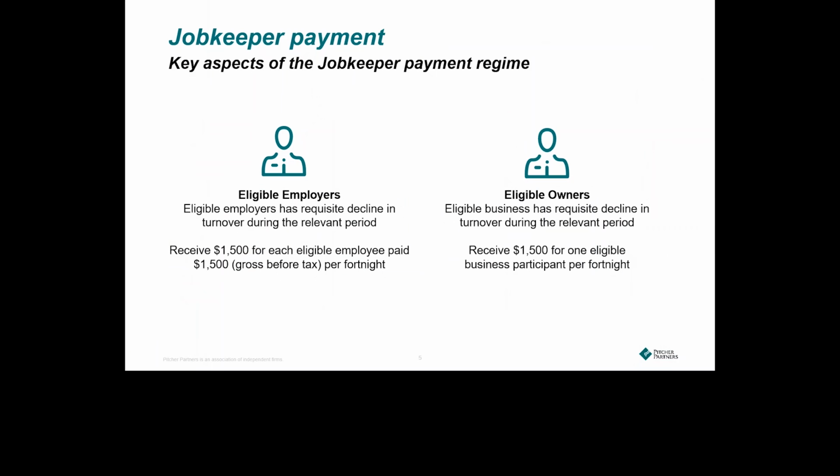Before talking about the alternative tests, I just want to recap very briefly about the JobKeeper regime and give some perspective on today's presentation. This is our third presentation in a series we've done on JobKeeper, and the first and the second were around what we call the basic test of the regime. I believe everyone on right now would be fairly familiar with the JobKeeper regime and what it is doing: providing eligible employers that suffer a decline in turnover over a period a payment of $1,500 per fortnight per eligible employee as a subsidy to keep paying